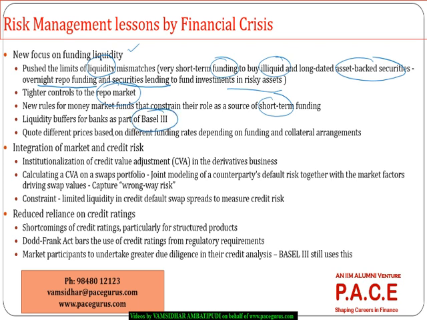And as a part of the Basel III, the liquidity buffers have been set for the banks. And a fundamental and very important aspect is that for the different OTC transactions, there is a possibility of quoting different prices based on the funding rates. Based on the funding and the collateral arrangements, the prices quoted for the different OTC contracts also differ, which means there is a lot of focus on funding liquidity as an outcome of the